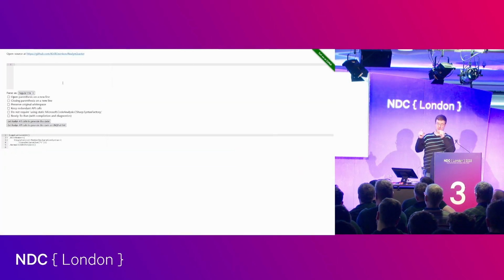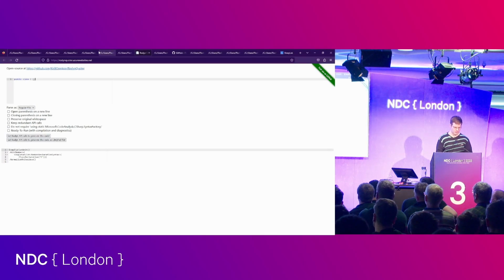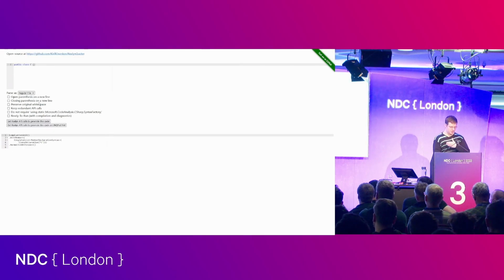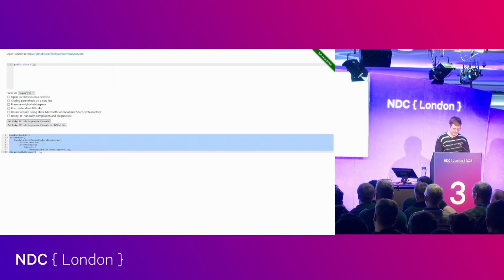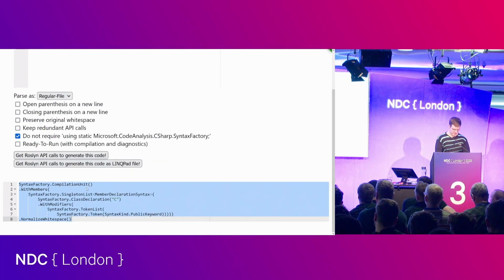This is basically the other way around. So I can put in C# code. Let's create a class. And then I see what Roslyn code I would need to write in order to get that. And this would look, let's enable the syntax factory. So via the syntax factory, we can create